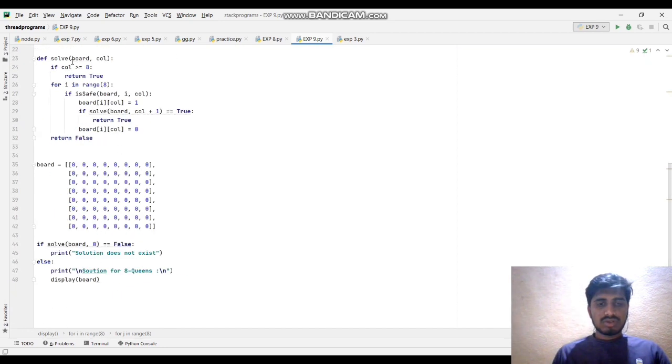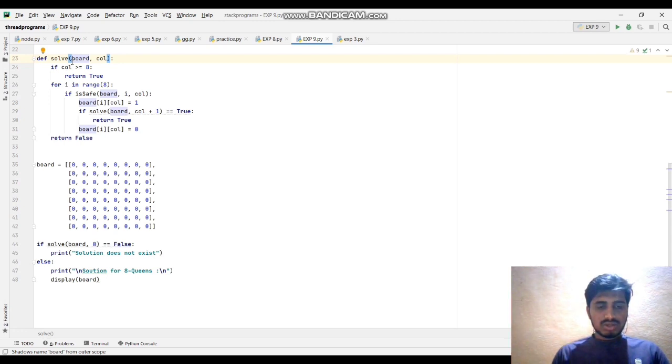After that we are solving. We are using a solve function to check whether the queens collide with each other or not. If column is greater than or equal to 8, return true.